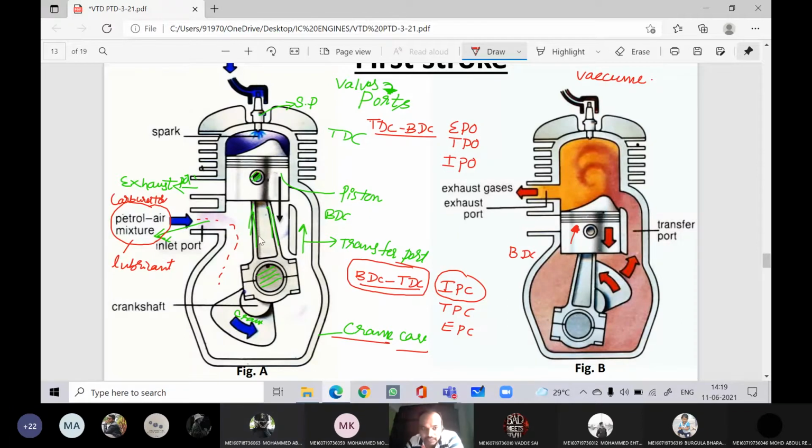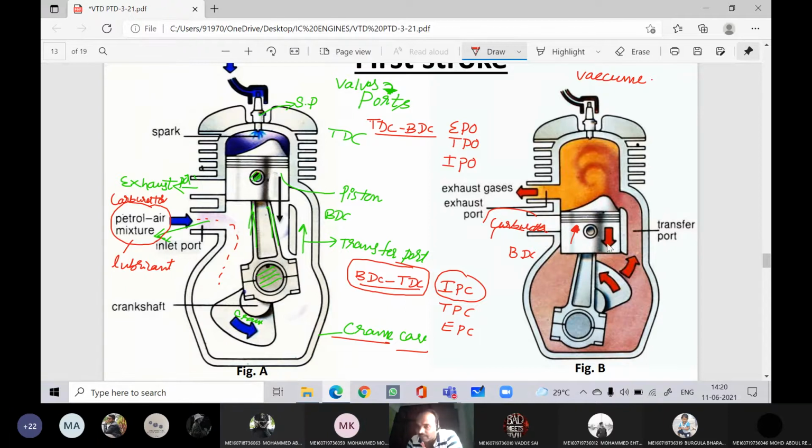Right. When the piston is moving from BDC to TDC, first it uncovers the inlet port. Again, further movement of the piston will create, nothing is there. When nothing is there, vacuum will be created. And this is connected to your carburetor. Within the carburetor, the pressure is 1 bar, that is atmospheric pressure. Within the crankcase, the pressure is less than atmosphere, that is vacuum pressure. Therefore, this inlet port will open, and the air fuel mixture will enter the crankcase. Is it clear? Yes, sir.